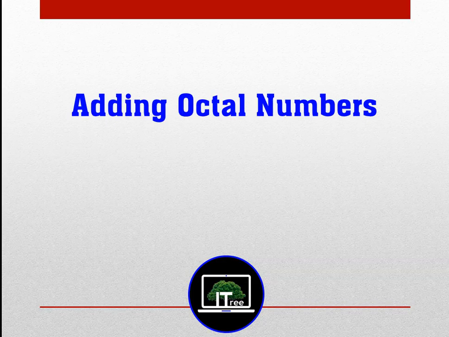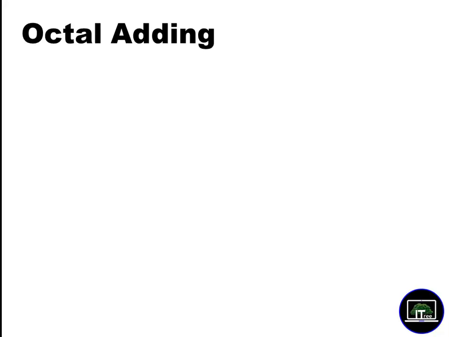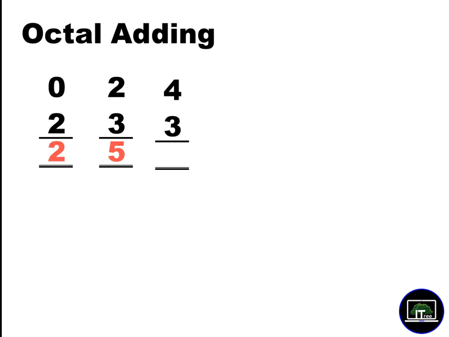Adding octal. This is the same thing you can apply. Adding octal, you see now 0 plus 2, it's 2. 2 plus 3, it's 5. Look at this one now. 4 plus 3, it's 7. Now 4 plus 4, what is it? 4 plus 4, 8. Can you write 8? No, you can't write 8 because there is no 8 in the octal number system. We have only up to 7.